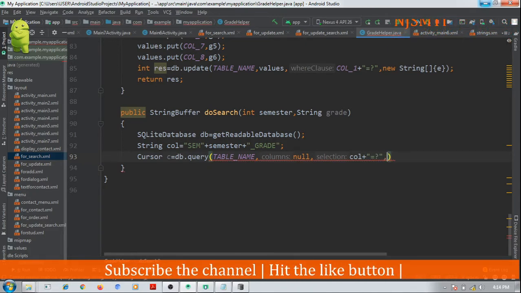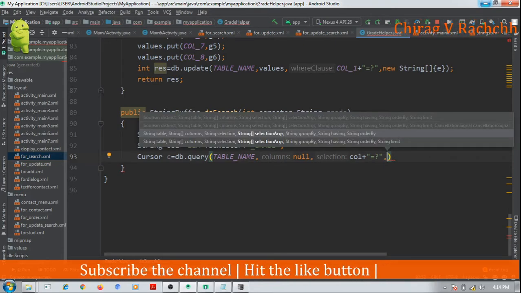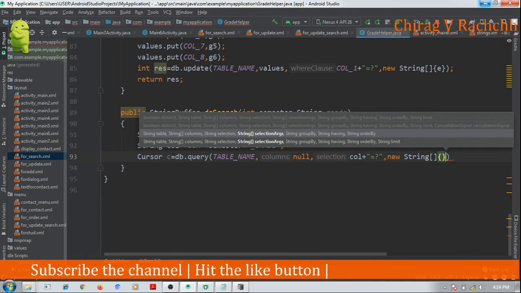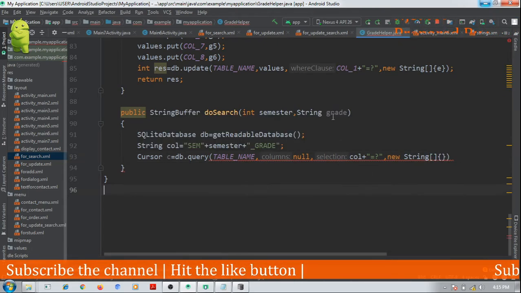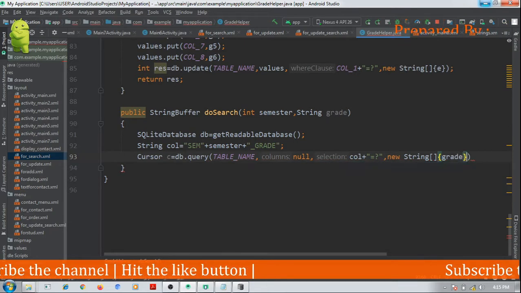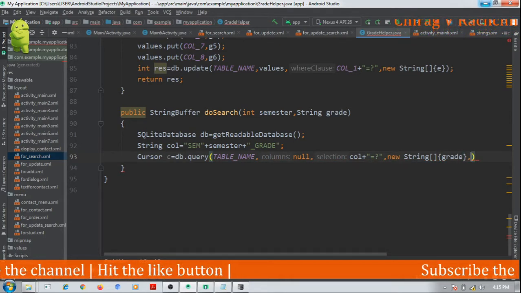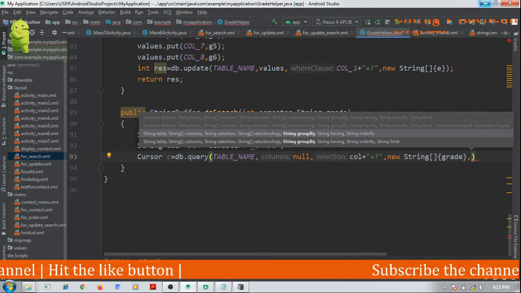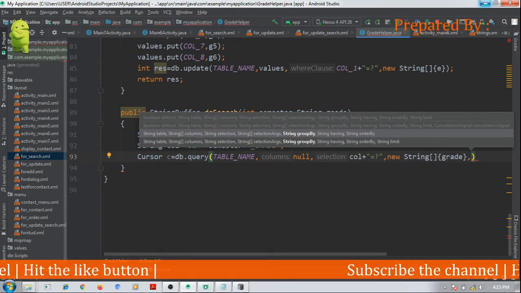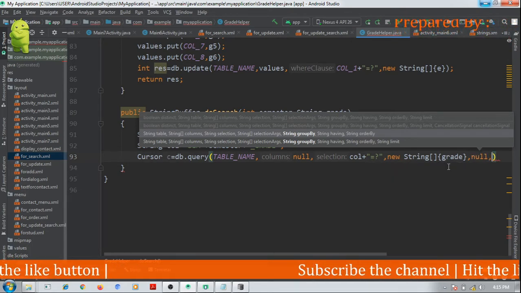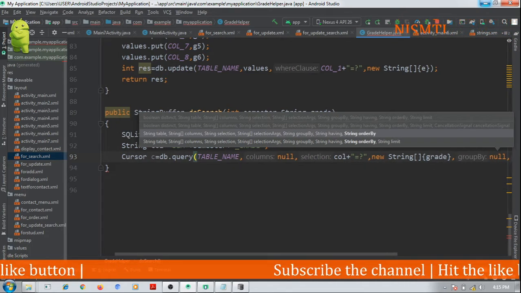Yeah, now the criteria, new string, and criteria should be the grade which is passed as argument, grade. Okay, and here null, null, and null.